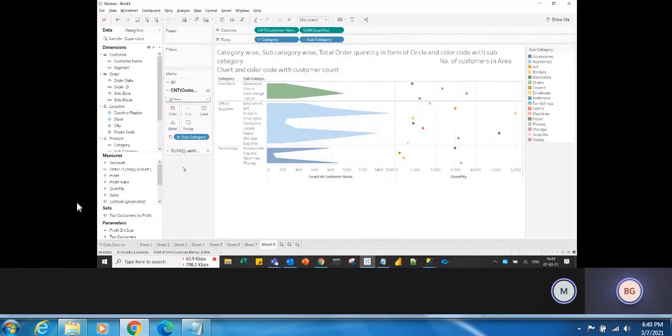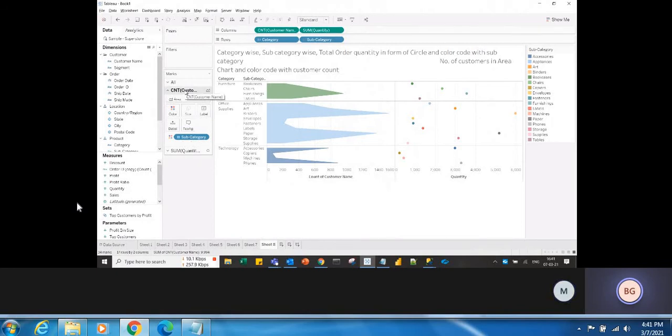Here again we have two options. Like how we did it here, you can do the same thing: drag the customer name into color. One thing, before dragging that, if you see, it is already color coded with subcategory, and this is the chart for customer name, right?